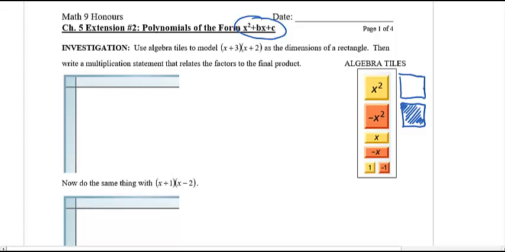Okay. Now, I don't know if you remember, but if I did something like this, 3 times 2, I could do that as an array or an area model. I can say that there are 3 rows of 2 groups. Okay. So similarly, when I actually use something like x plus 3 times x plus 2, that's like the 3 and the 2. So I can say that x plus 3 would be the factor here, which would be an x, that would be a rod, right? And then 3, so that's a 1, and a 1. And then multiplying that by x plus 2, so there's another x here, and then a 1 and a 1